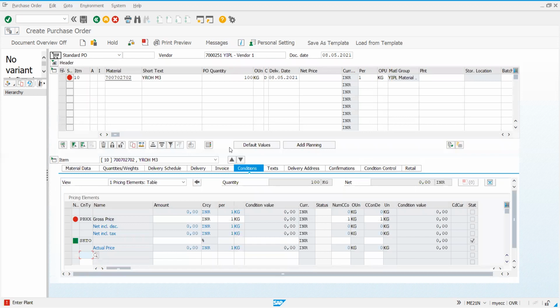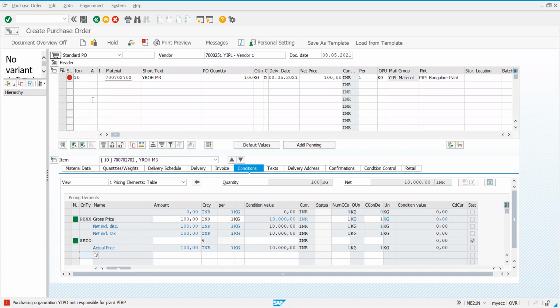You see now it is asking for plant, let me provide. Observe now, price, I'll be able to enter here, whereas I was not able to do that in the earlier case; the system was automatically taking it. Got the difference? Yes, sir.